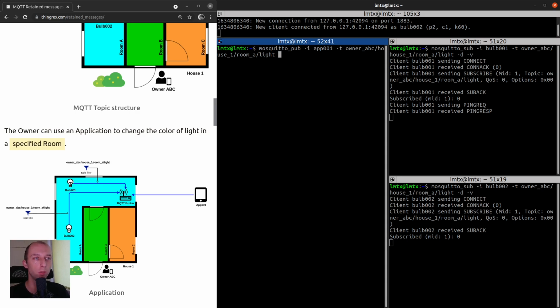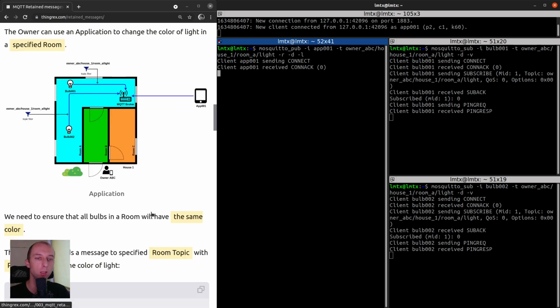And this is very important because we want to be sure that whatever configuration we set for those devices will also be propagated to new devices. So we want to enable the retained messages flag, that is -r. Additionally, we want to enable debug messages and read our messages from the standard input.